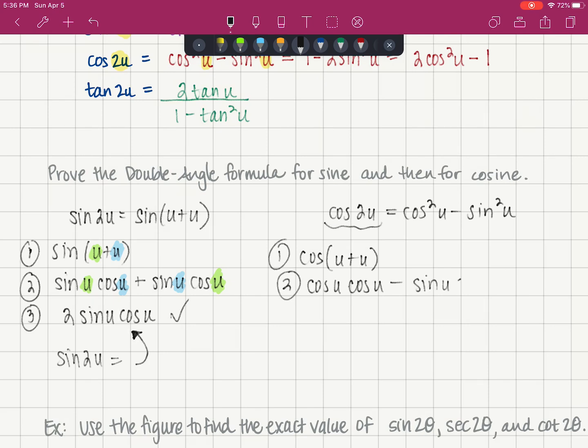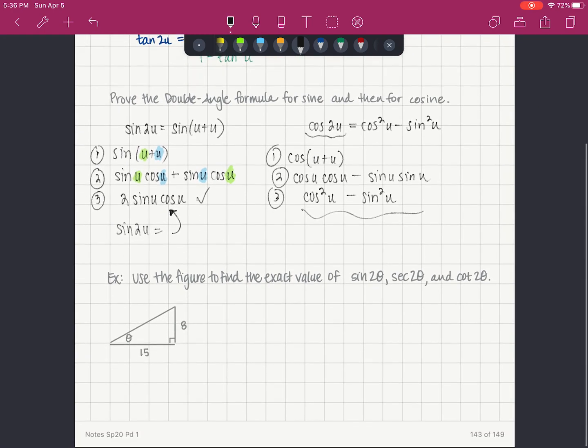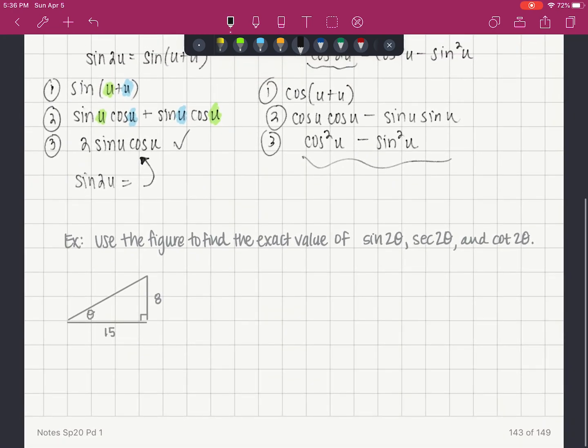Since I think it's so exciting, I'm going to continue just real quick because it's unfinished and you've got to finish it. Cosine times cosine with the same angle is cosine squared of u. Sine u times sine u, something times itself, is sine squared. And voila, there you go. Now, in the example that's going to come up in the next video, we're going to use this figure to find the exact value of sine of 2 theta, secant of 2 theta,